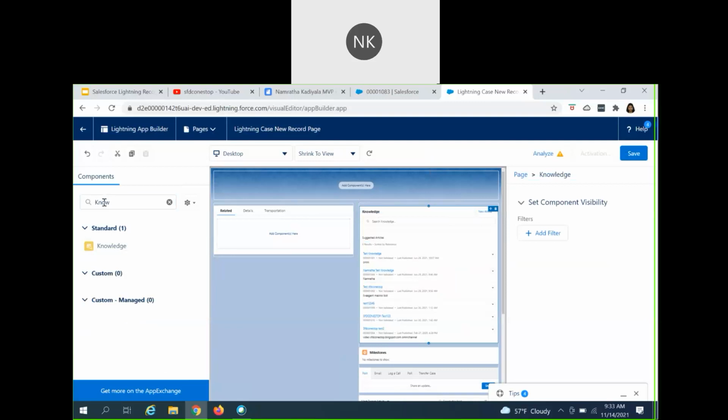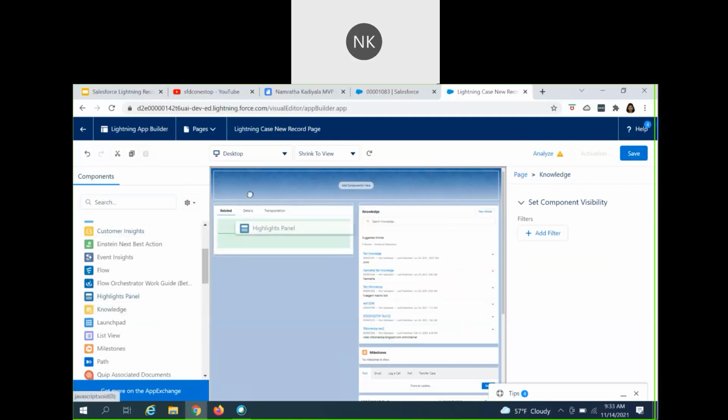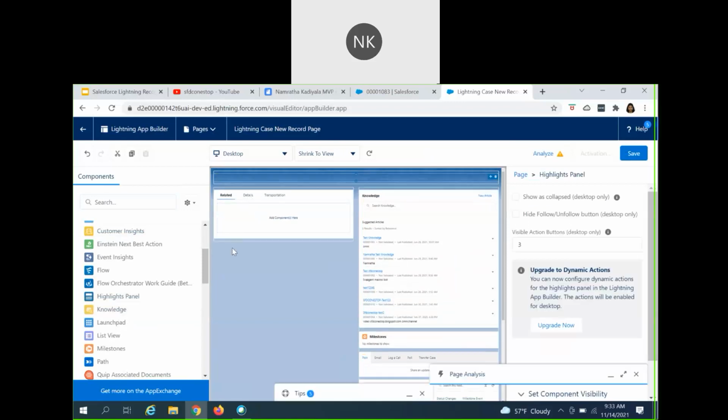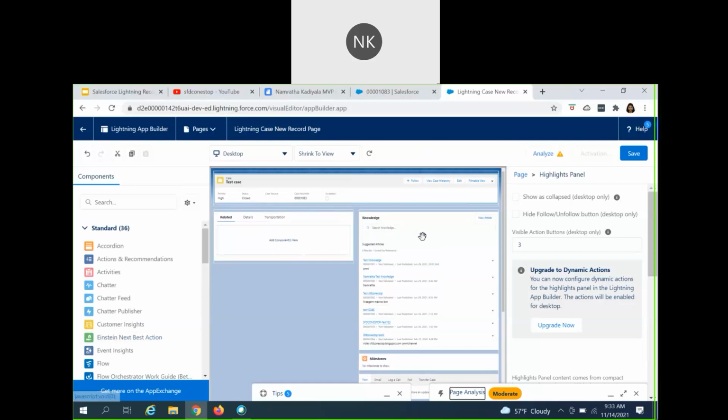The top section is something where, let's add something called a highlights panel. So we have added the highlights panel. So this is how briefly we have built it. So we will wrap this session here. In our second session, session 2, we will enhance this page more in such a way that most of the standard components are utilized here, and then we will see how to activate the specific page and then assign it, whether it is org specific, profile or record specific. We'll try to see that in our next session.